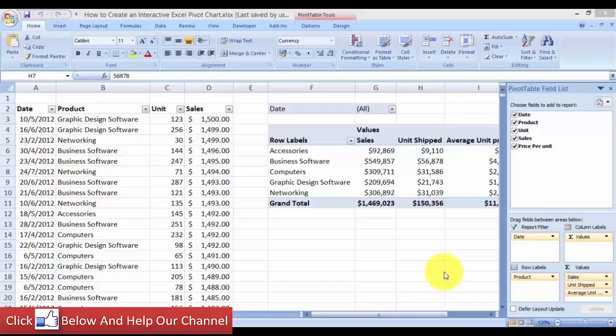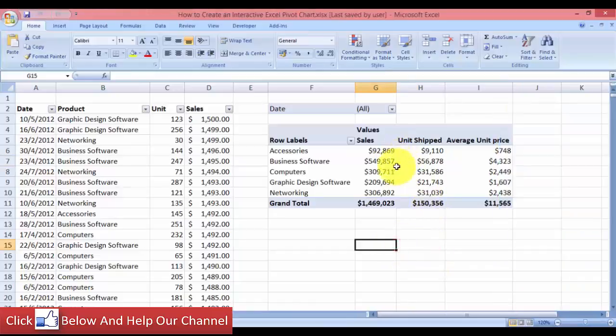In today's video, I will show you how you can create an interactive Excel pivot chart. There are several ways that we can add a pivot table chart to a pivot table. Most importantly, you must first have the pivot table in your Excel. So